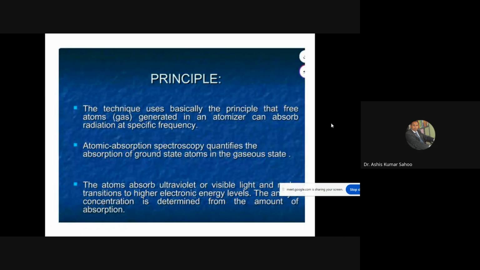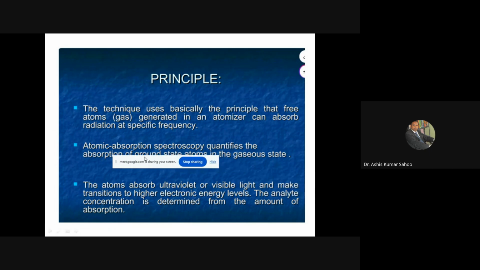The technique uses basically the principle that free atoms generated in an atomizer can absorb radiation at specific frequencies. Atomic absorption spectroscopy quantifies the absorption by ground state atoms in the gaseous state. The atoms absorb ultraviolet and visible light and make transitions to higher electronic energy levels, to analyze concentration. So this is a technique used